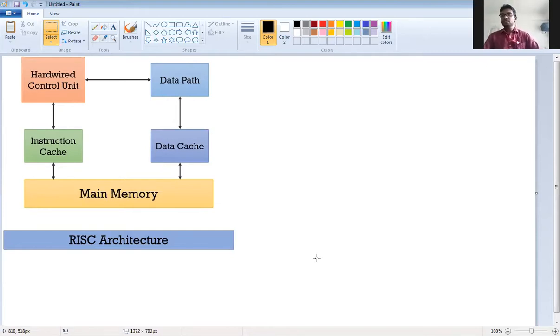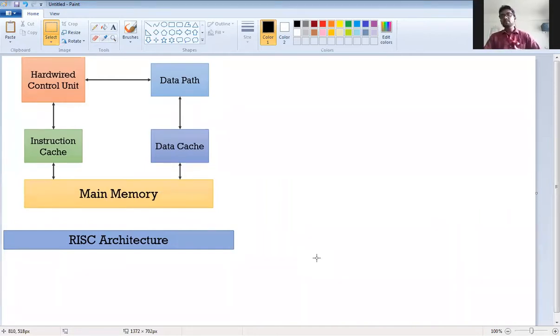So this is the hardwired processor architecture which utilizes a small, highly optimized instruction set rather than the more specialized set of instructions normally found in other types of architecture. It means the instructions are less in number; one instruction will be used for, suppose, accessing the data memory.